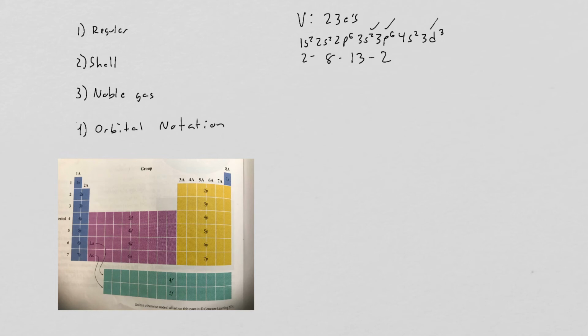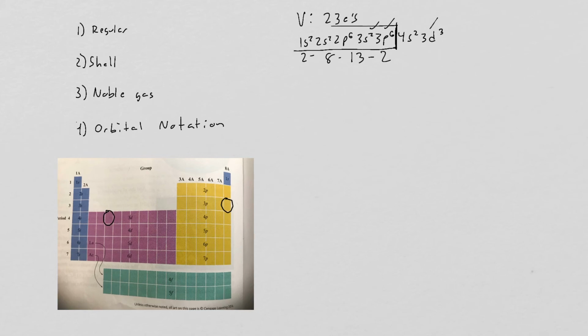All right, this is now noble gas. Okay, vanadium is located right here. The noble gas closest to it, before it, is this one over here, argon. Now, argon ends in 3p6, right there. This will be the electron configuration for argon. So the noble gas configuration of vanadium would be bracket Ar, and then I wouldn't have to write this whole thing out. Just write out the stuff that happens after argon: 4s2,